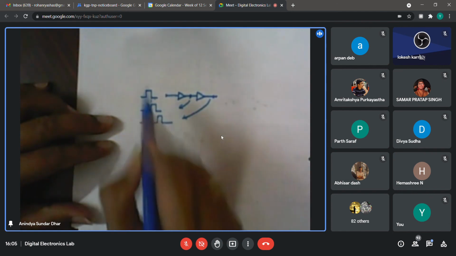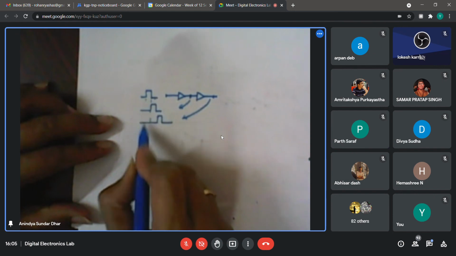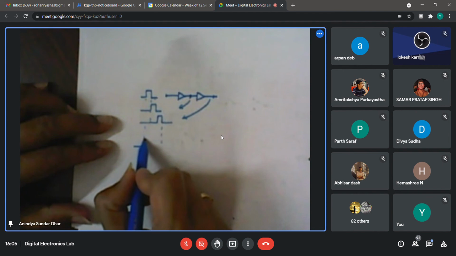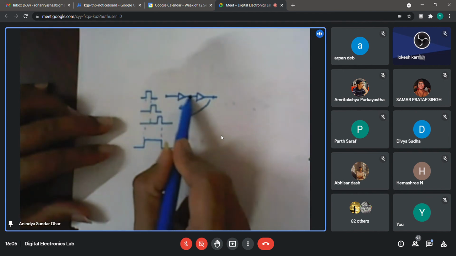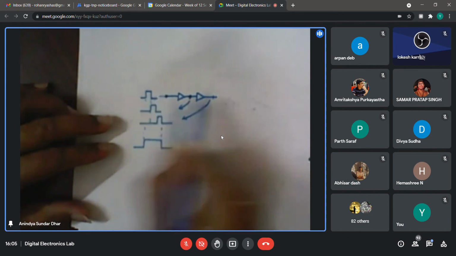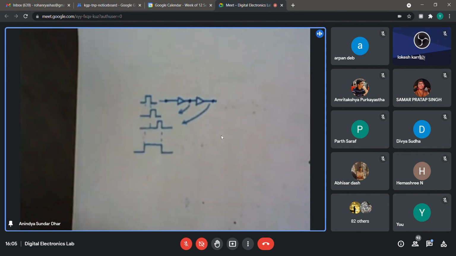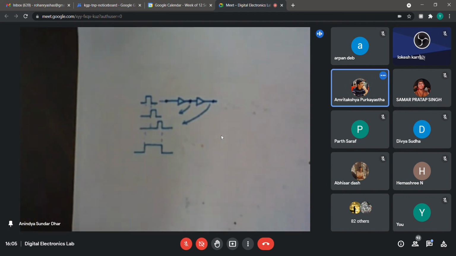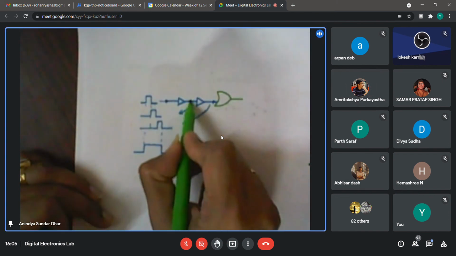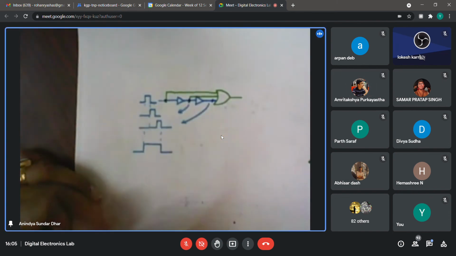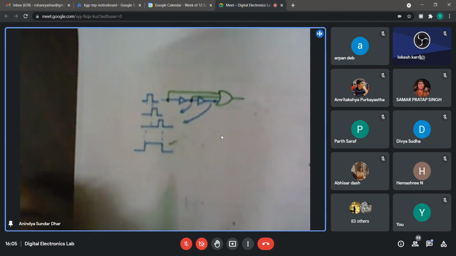Now I want the final output pulse to occupy these 3 tick periods. I want to stretch it like this. So can I combine these 3 node signals? One is the basic strobe signal coming from the keypad, and can I combine them to have this 3 tick wide signal in some way? Use a 3 input OR gate. Put it into a 3 input OR gate. Okay, so that will do the job, right? That will stretch the pulse. I will get the output like this.